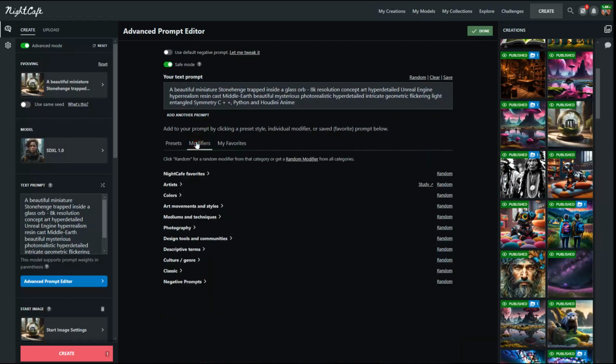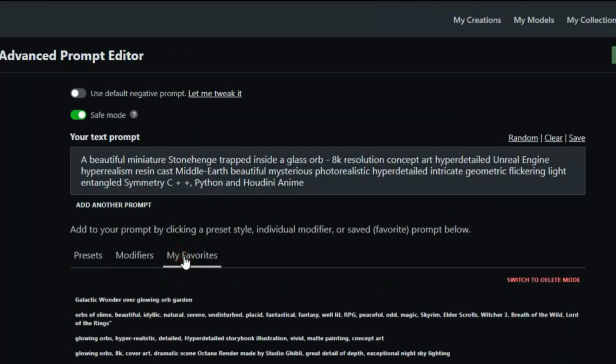For modifiers, you can modify it by the artist, colors, and many other ways. You'd click over here and then simply choose a modifier that you wanted to add to this work of art. And favorite text are added automatically. You can add them by simply clicking on it. It'll add it to your text prompt.